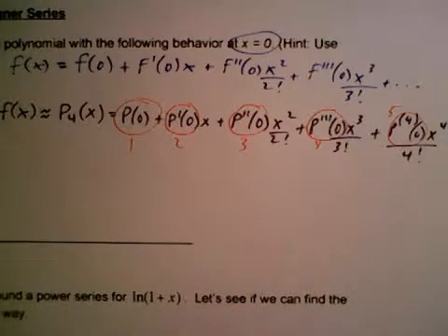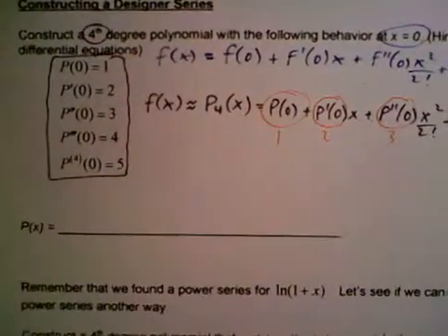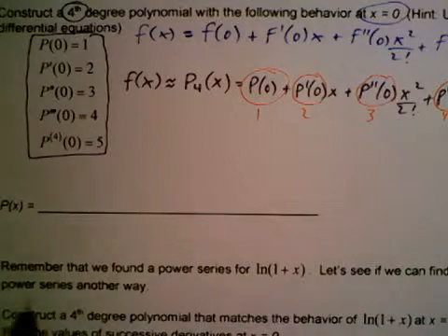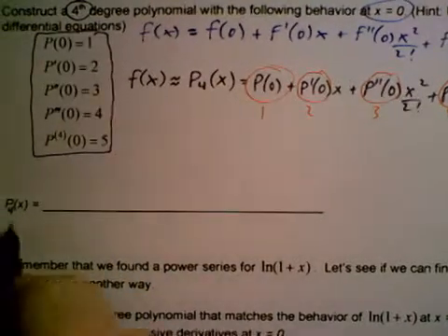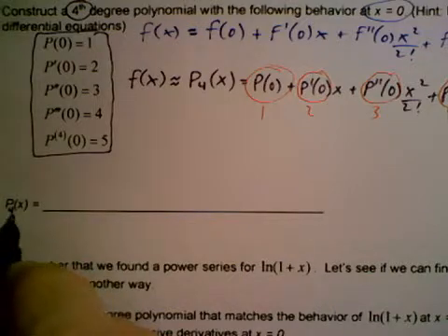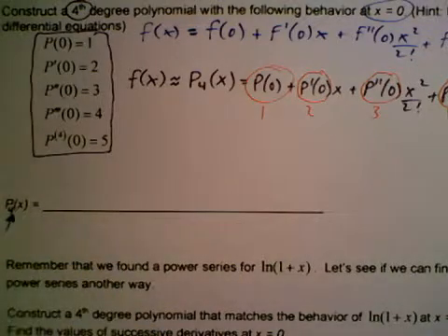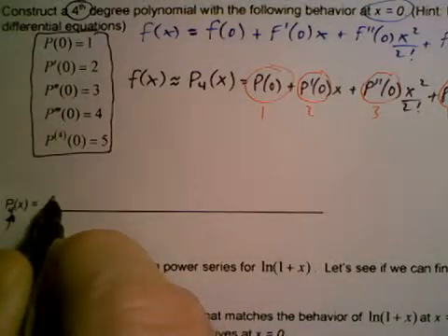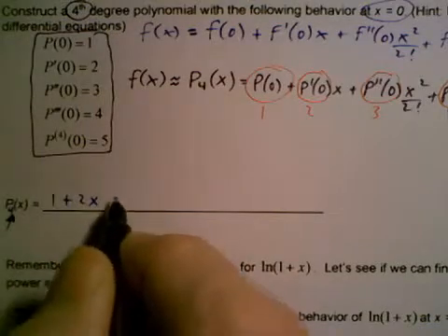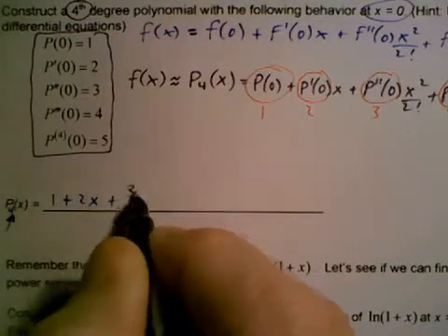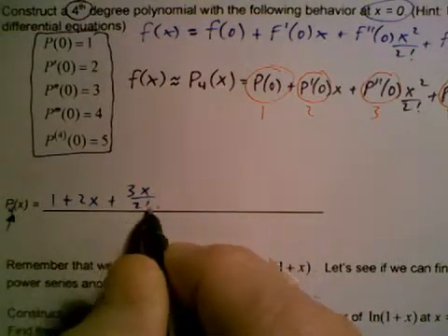And let's scoot this over so you can see this part. And let's put this as P4. I like to have the 4 there because it reminds me that it's a 4th degree polynomial. And the 4th degree polynomial is 1 plus, and you see 2x plus 3x over 2 factorial